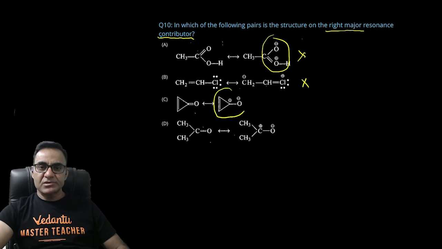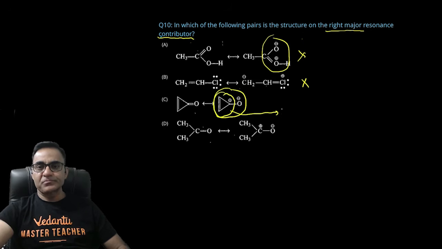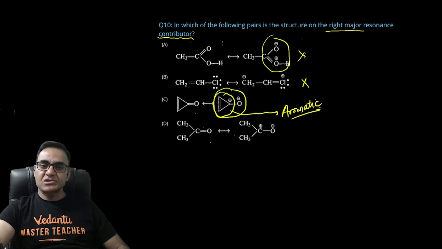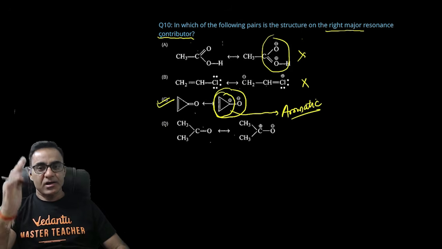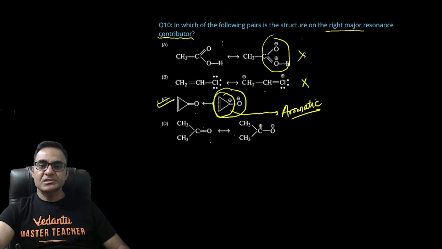सी की बात करें तो सी में जो राइट साइड में कंट्रीब्यूटर है ना, इसके अंदर साइक्लोप्रोपिनाइल कैटायन है जो कि एरोमेटिक है। एरोमेटिक है, 2 पाई इलेक्ट्रॉन से कंप्लीट डीलोकलाइजेशन है, तो एरोमेटिक सॉल्ट्स आर हाईली स्टेबल, तो इसके बनने के चांसेस बहुत ज्यादा है, इसलिए यही आपका आंसर हो गया। राइट साइड वाला जो रेजोनेटिंग स्ट्रक्चर है वो मेजर कंट्रीब्यूटर है। ऑलराइट, और सेम लॉजिक की वजह से चार्ज सेपरेशन है यहाँ पे, डी भी आपका आंसर नहीं आएगा। सो योर करेक्ट आंसर इज सी।